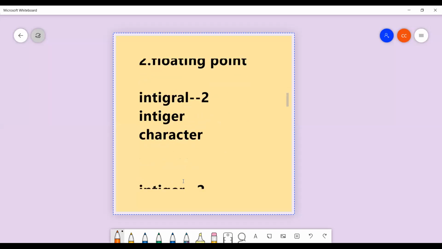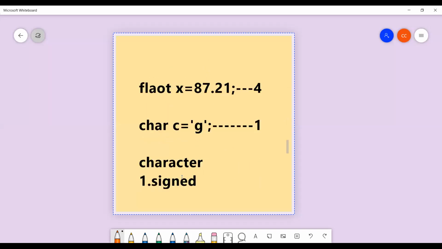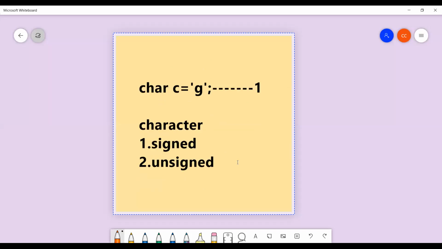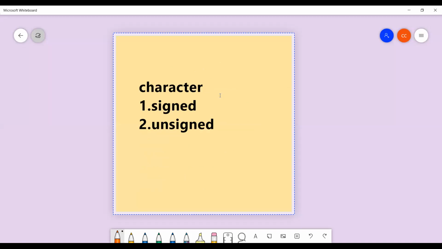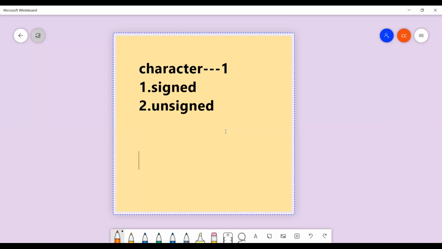Integer contains signed integer and unsigned integer, and under that, integer, short integer, long integer. Character has only two, signed and unsigned. The size of the character, I told you already, is 1 byte. I will explain ranges and values by using a slide also. Just wait. The last one is floating point.